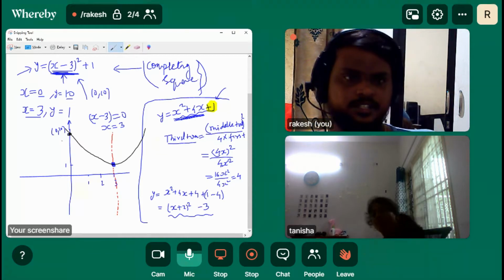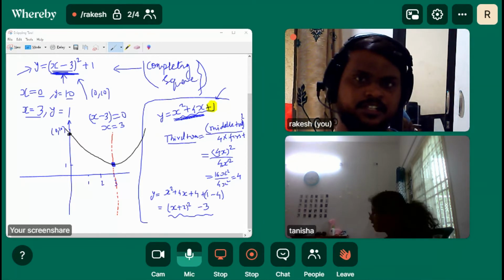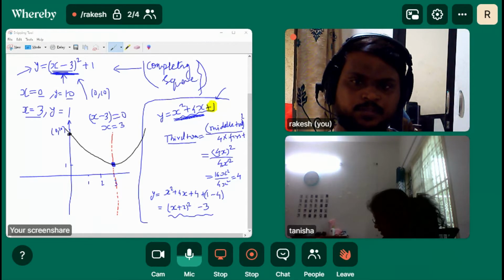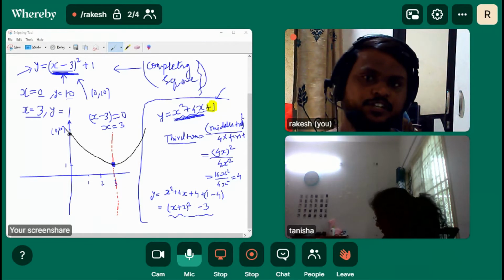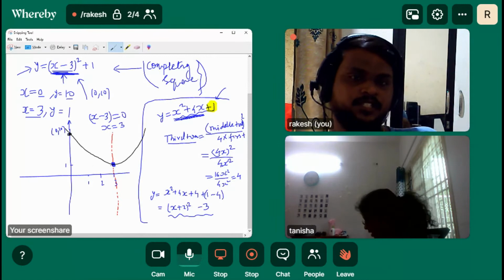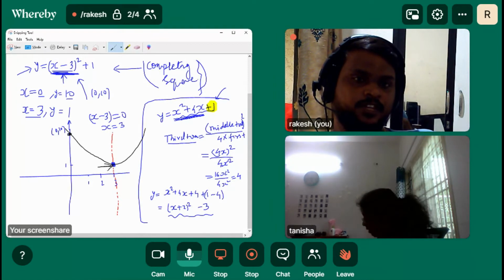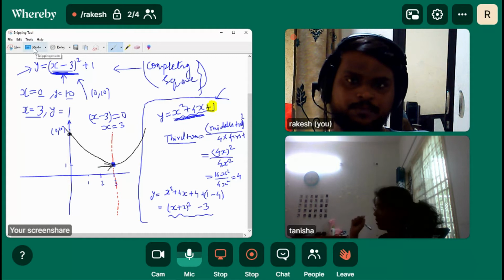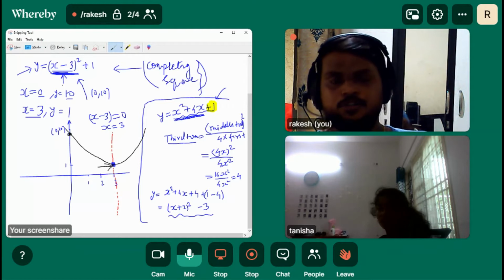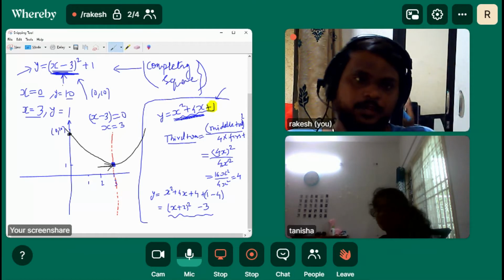Did you understand this? Okay. We'll solve one more problem that might help you a lot. First of all, any doubt here in this? This is the minimum value of the graph. Okay, cool. So let's solve one more example that I think would clear all your doubts about this. Because we have started with different methods, so no problem. You understood something more about that.